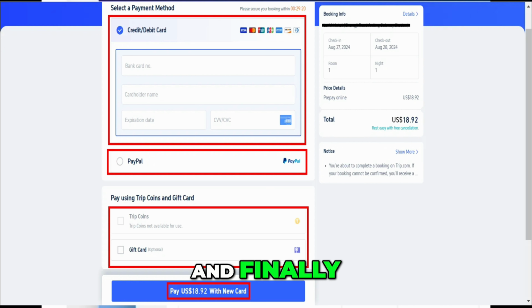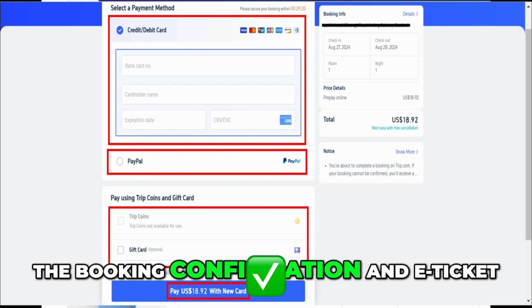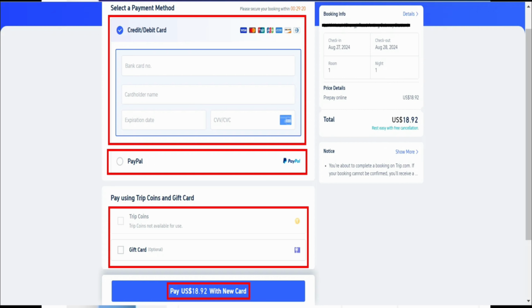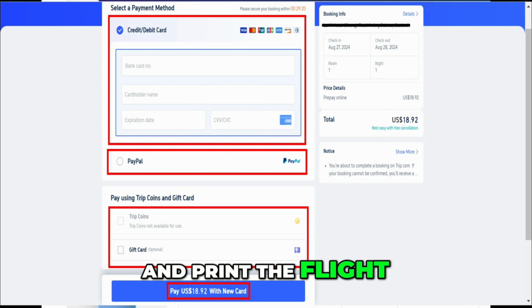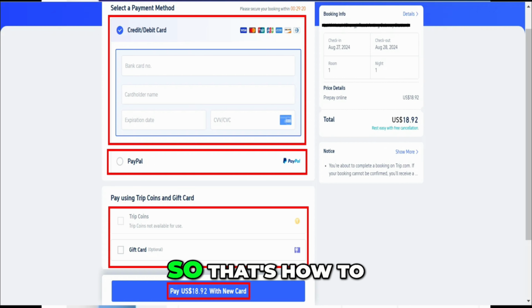And finally, check your email for the booking confirmation and e-ticket. You can also download and print the flight ticket from there. So that's how to book a